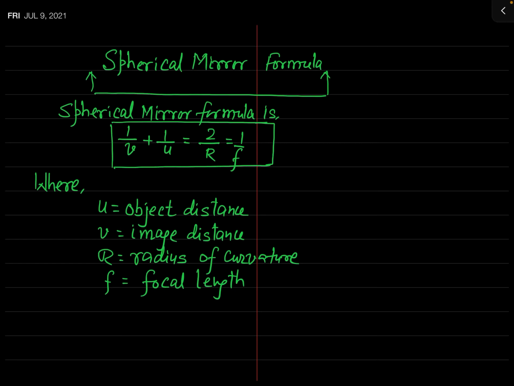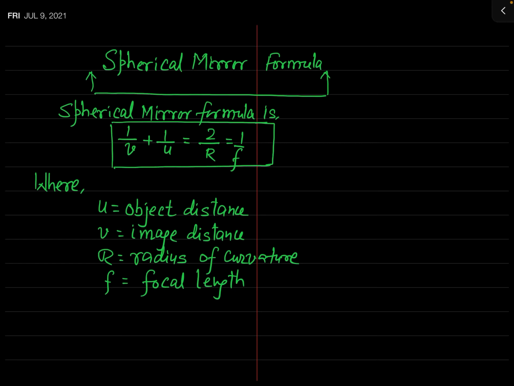So I hope you definitely have in your memory the spherical mirror formula, because this is a very elementary concept of geometrical optics which is actually studied in lower classes. So you have definitely studied it in geometrical optics at high school level or even at plus 2 level. But here we will deduce this formula by the use of Fermat's principle.